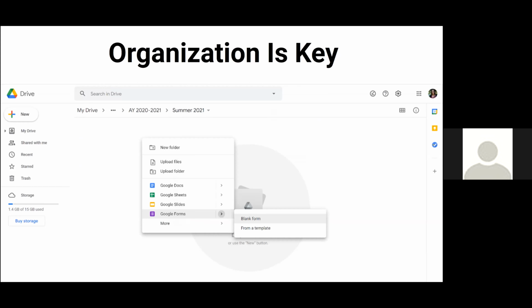Once you are in your folder for the semester that you're creating your forms for, you just right click, you will get the option to create a form, and then you'll be able to create a blank form. I am going to go through this because I don't want to assume that everybody knows how to use Google Forms. If you do, great, this is a refresher, but I want to go through it step by step in case there are attendees today who are not familiar with Google Forms, or if you haven't used it in a while, since it changes quite frequently. So this is the latest in creating and getting your form set up. Once you create a blank form,